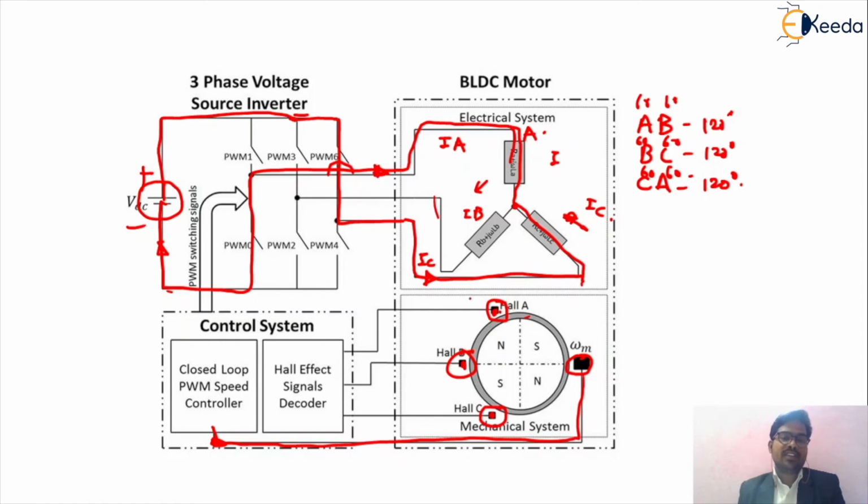The signal from Hall effect sensor A is given to the Hall effect signal decoder. This decoder circuit senses the position of the drive, and according to that position, it sets the values of the different power inverter switches. As we know, the first inverter leg is A higher, A lower, B higher, B lower, C higher, C lower. According to the commutation circuit, this senses the different information.